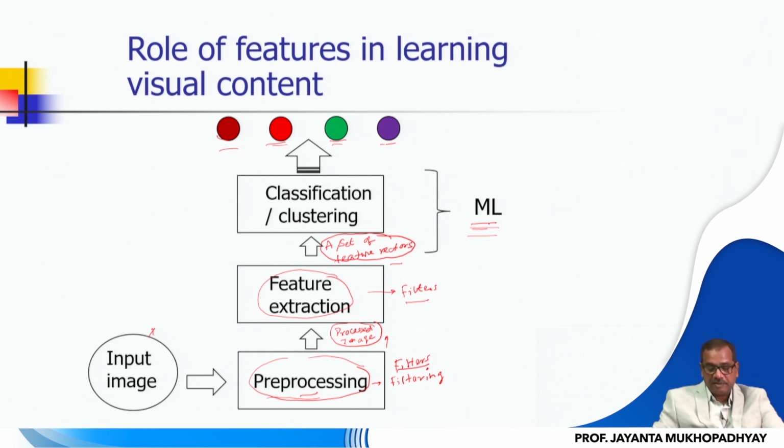But what you can do instead, even these filters could also be learned, and that is a domain that is very interesting, and that has become a very active area of research, and we found wonderful applications of image processing and computer vision in various fields of science and technology. And this learning mechanism is called deep learning. So the term deep comes from a different connotation. It is not just that we are learning all these stages, though in a way it is related, but this term deep comes from